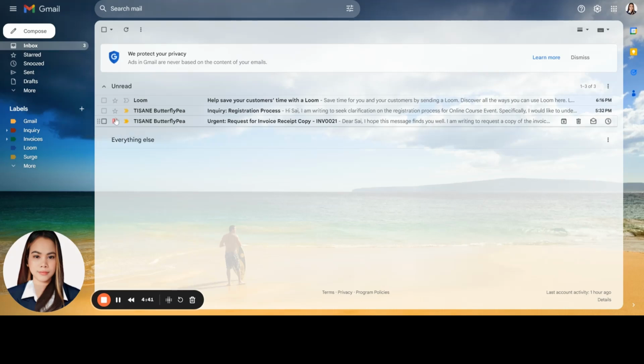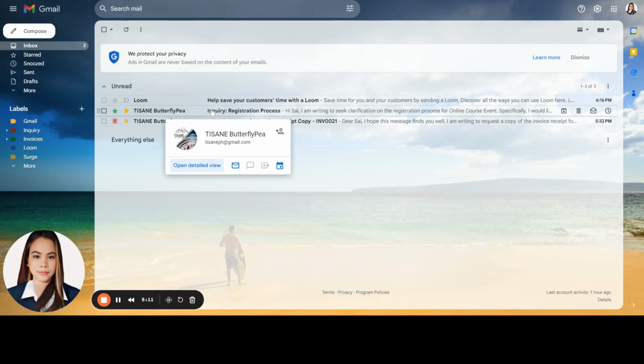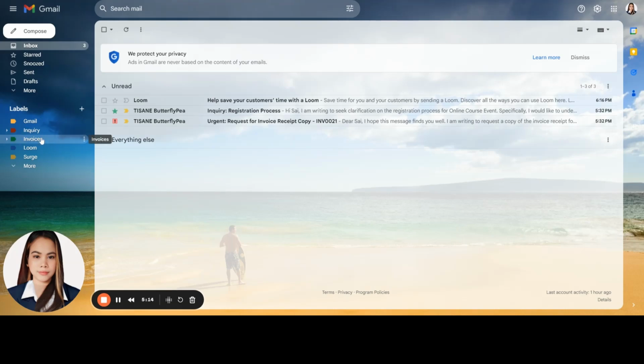Once we see this kind of star label, we know that we need to prioritize this email. We need to reply to it ASAP, or as soon as possible. Then for this kind of inquiry, if it's not too important, we can label it with, for example, a green mark just for you to know that this is under the invoice task.